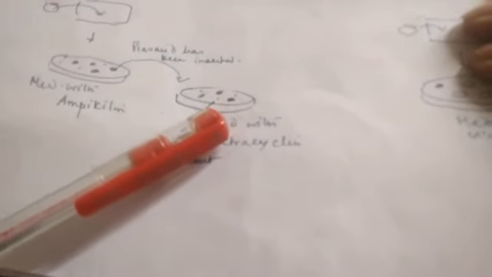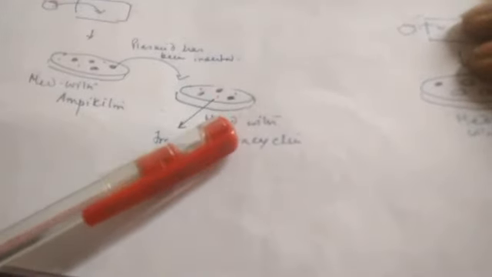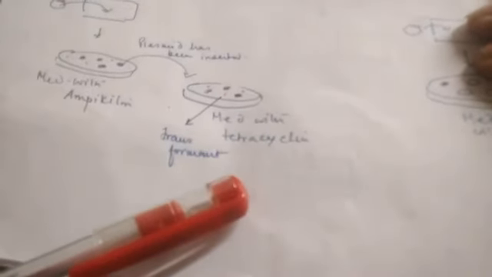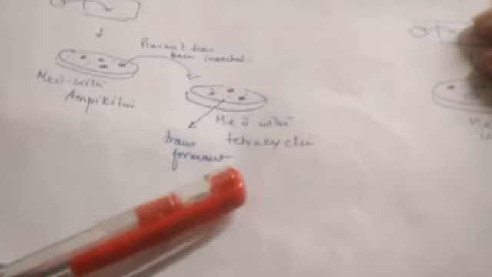So the bacteria which are not growing, you can see here, these are the small points, these are the bacteria which are not growing in this medium. Why are they not growing in the medium? Because their tetracycline resistant gene has been disrupted. And how has it been disrupted? It has been disrupted because our gene of interest has been inserted here.